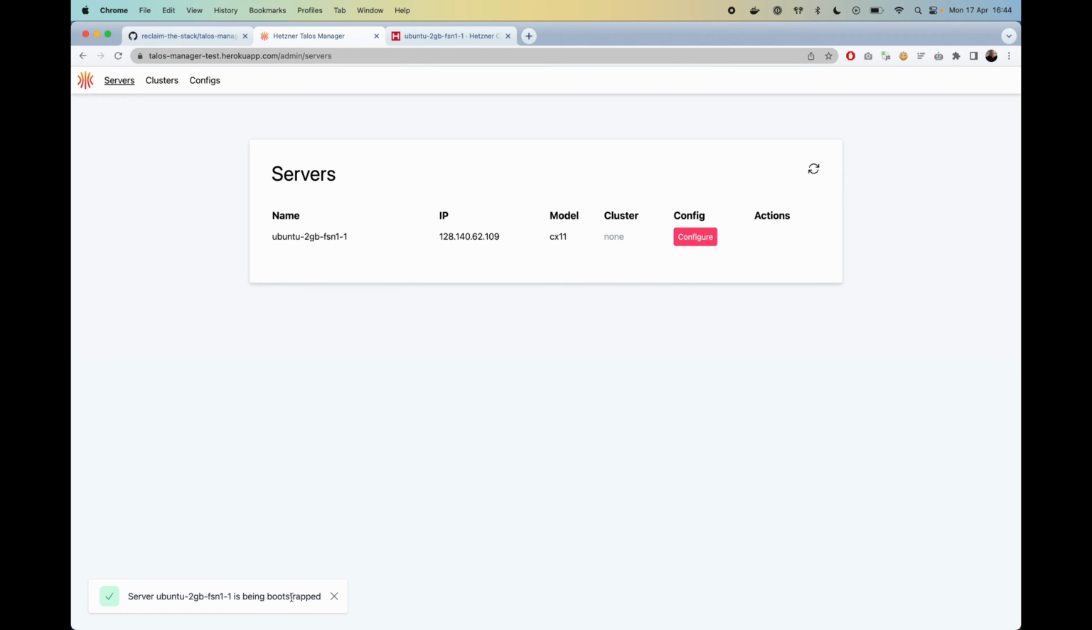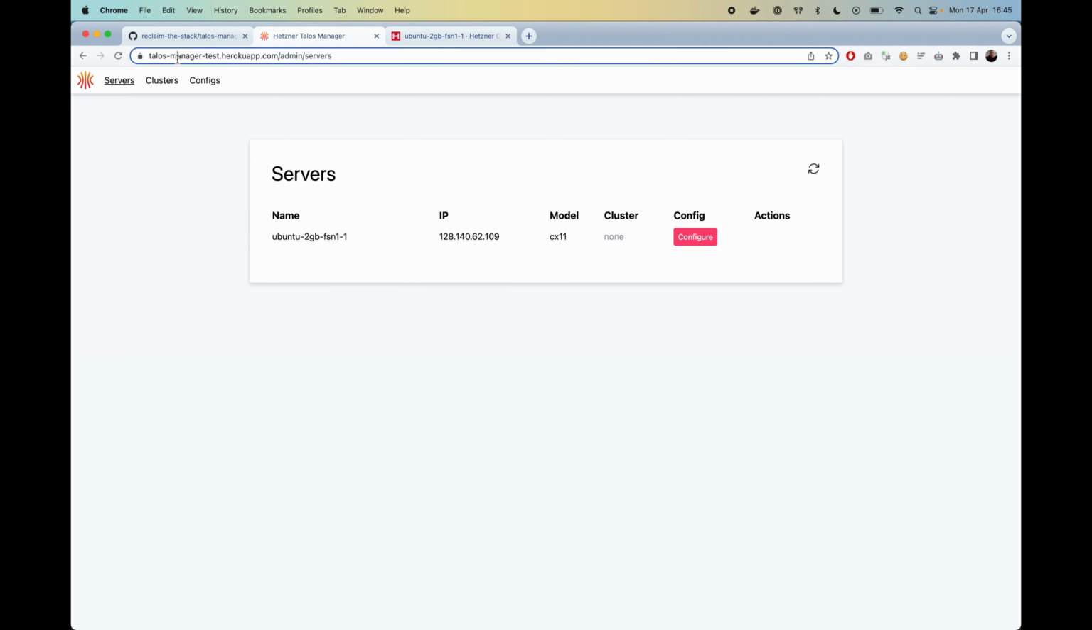So we are now being bootstrapped. And what this means is that we are SSHing into the server and fetching the Talos image. We are then mounting that image onto the disk, and we are mounting the boot partition, and we are rewriting the grub config so that when it boots Talos, it will actually try to fetch config from the app that we're running here. So once this server is up and running,